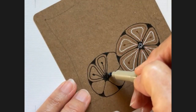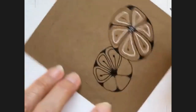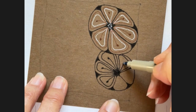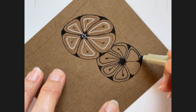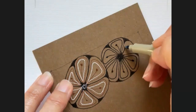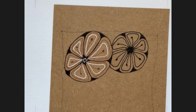Again, just make it your art. I do find that the most critical judge of my work is me. So try not to judge yourself. Okay, so there's a simple one in black,